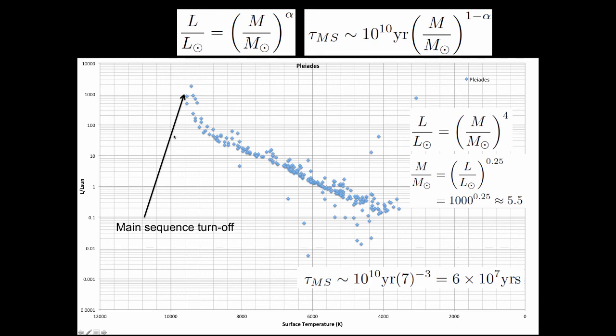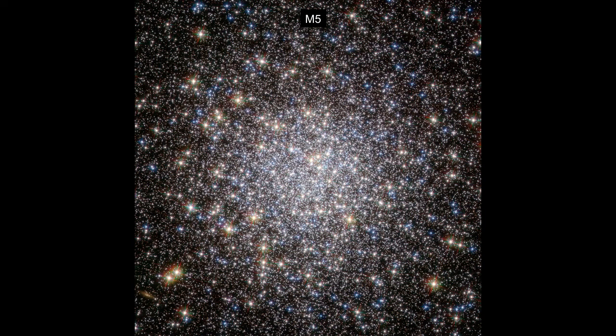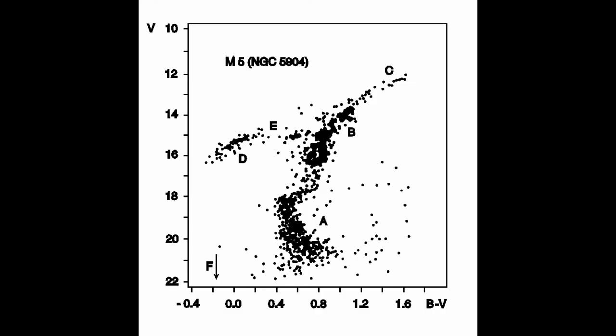Well, all the stars in the cluster were born at the same time, so that tells us the age of the whole star cluster. The Pleiades is roughly 60 million years old. So the end point of the main sequence, which is known as the main sequence turnoff, tells us the age of the star cluster. If we look at a globular cluster, a much larger cluster of stars, and look at the HR diagram of that, this is an example HR diagram of M5, a very large globular cluster, you see